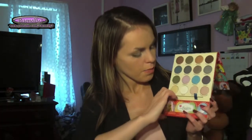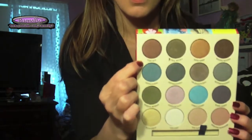Then down here, it's a separate compartment that you can open up that's magnetic. It says the Muppets, and you see all of the little Muppets. And over here is where you have your lipstick and your lip gloss. I still haven't quite figured it out. I think this one over here is the gloss, even though they all seem shiny. These are cheek stains as well. This is, I don't know how you say it,